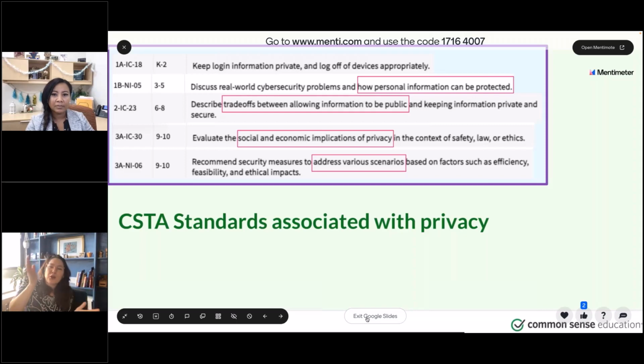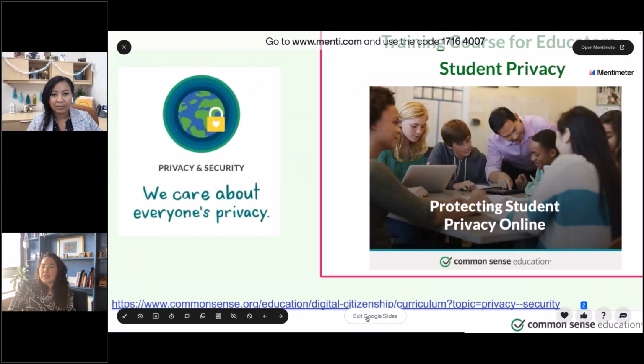And if the phone was not collecting that information, then I'd have to put it in every single time. So sometimes the privacy trade-off is for convenience for some of us, and sometimes the company really wants that data because they want to be able to improve the product, right? So there are trade-offs. It's not all black and white, where you must keep everything private and secure and never give any information. And then what are some of the social implications of privacy, right? What does that mean for some of us and our habits and a democracy, and the ways in which we consume things? So yeah, we asked students to address various scenarios in our pieces. So if you're looking for scenarios to address to fulfill that standard, we got them.